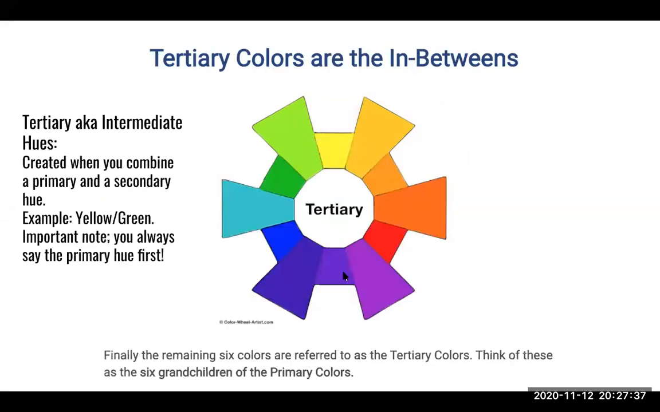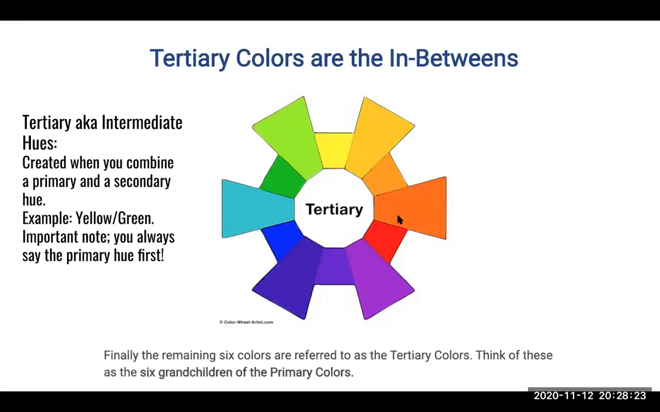And then lastly, tertiary colors are the in-betweens of the primary and secondary colors. They're created when you mix a primary and a secondary together. An example is yellow-green. And just as far as vernacular goes, when you're describing a yellow green to someone, you're supposed to say the primary hue first. I'm not going to twist anyone's arms into knowing this, but the appropriate vernacular would be yellow green, yellow orange,